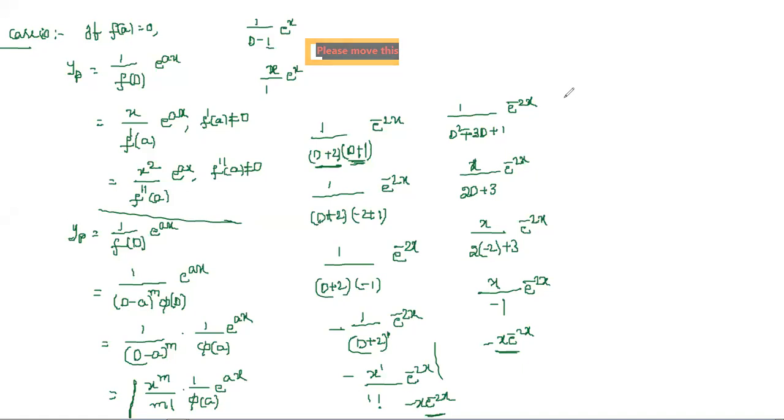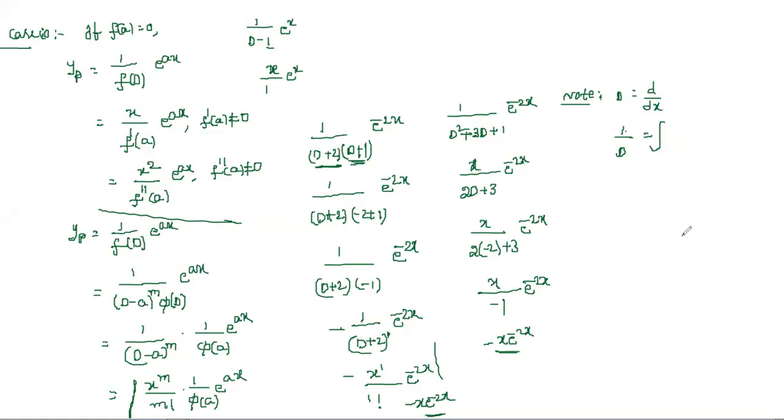So here we can write a note. D is nothing but d by dx, the derivative. And 1 by D is nothing but integration. 1 by D is nothing but the integral, and D the derivative. So if after simplifying you get 1 by D, you can simply apply integration for that function. So D is derivative and 1 by D is integration. Just remember those points.